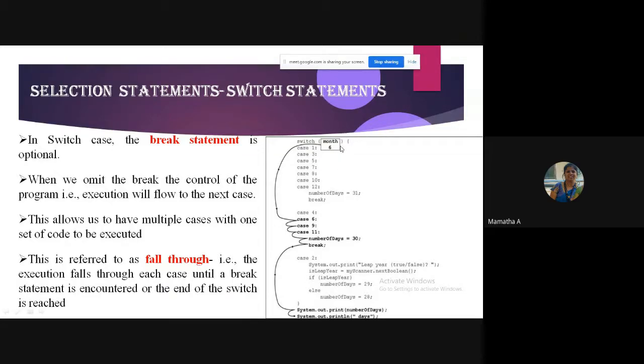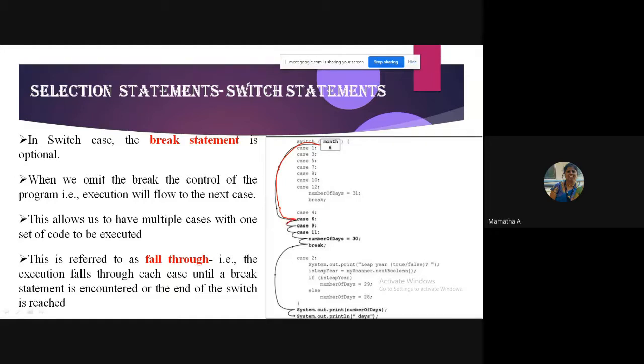So if month equals 6, you can see the control will automatically jump to which case, students? Case 6. Do you all agree with me? And you see that there's no code there.